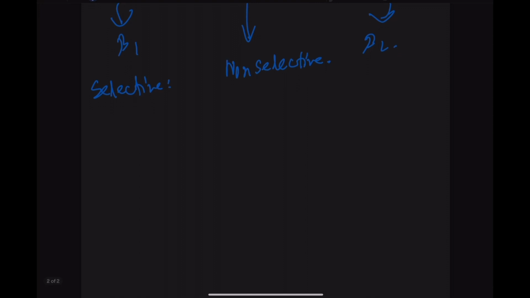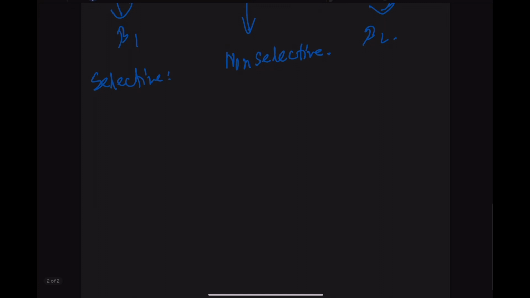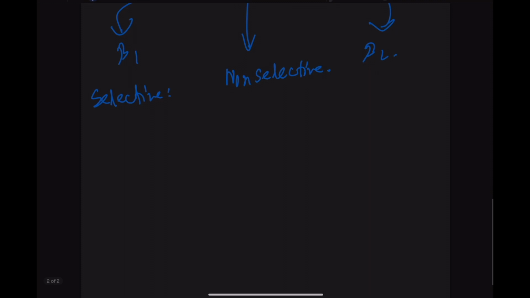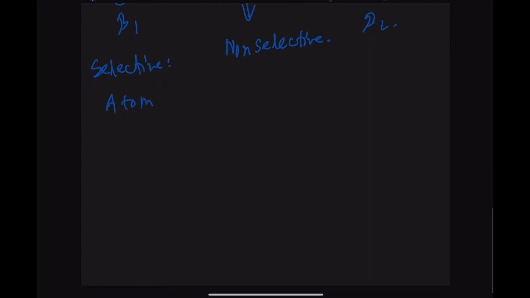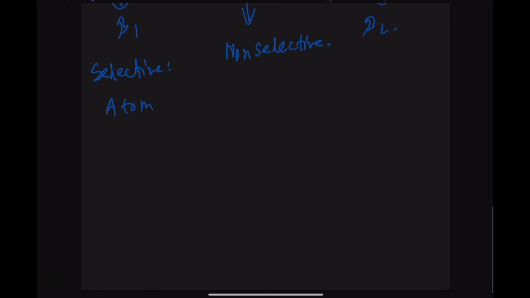To remember, we will remember a mnemonic, right? Like A to M. Okay, so the drugs starting with the letters A to M are selective beta adrenergic antagonists, like atenolol, metoprolol, bisoprolol. Okay,